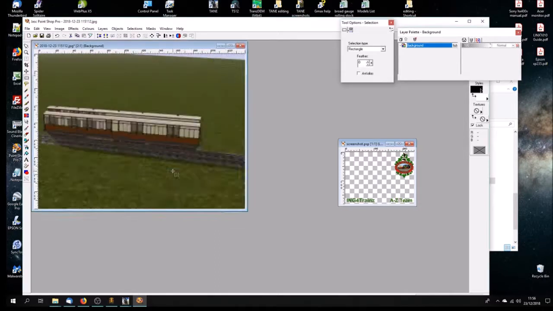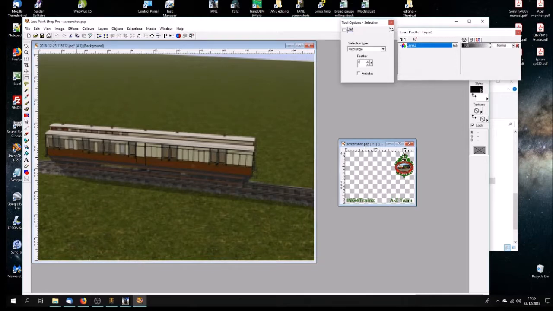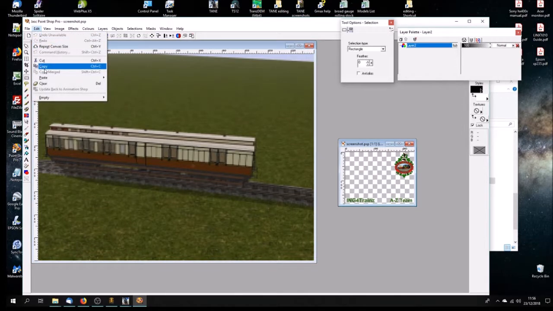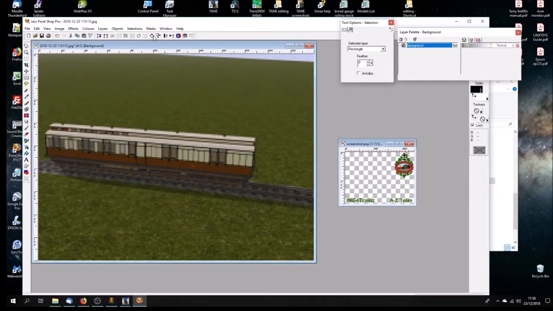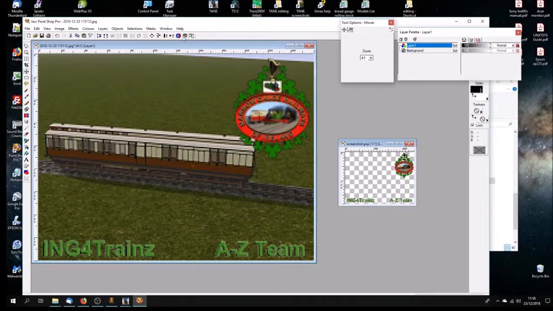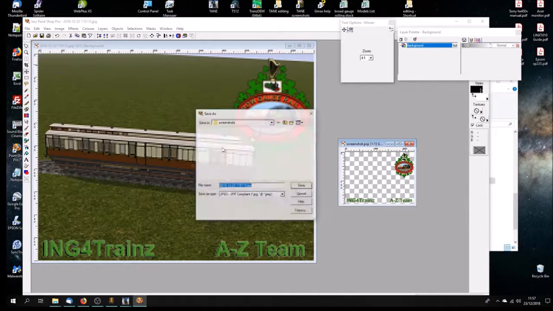Okay, so copy that, edit, copy back into this one, sharpen it up, paste on that, combine the two, file, save as,